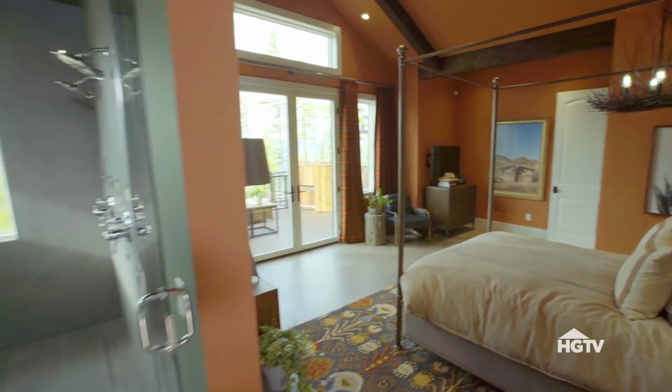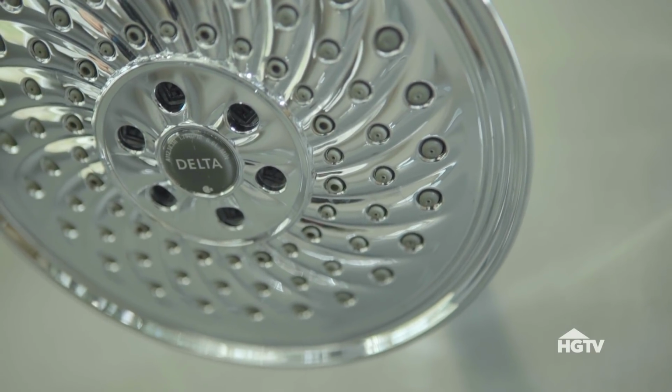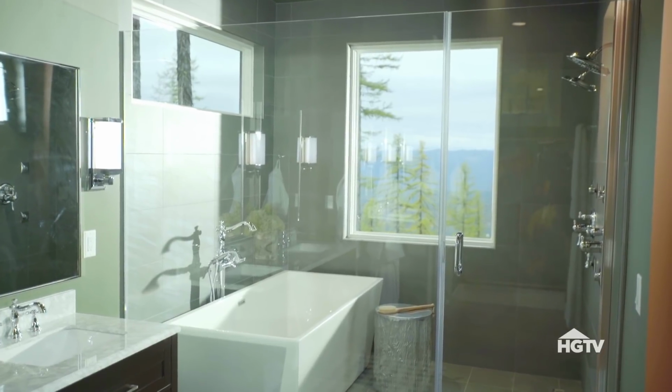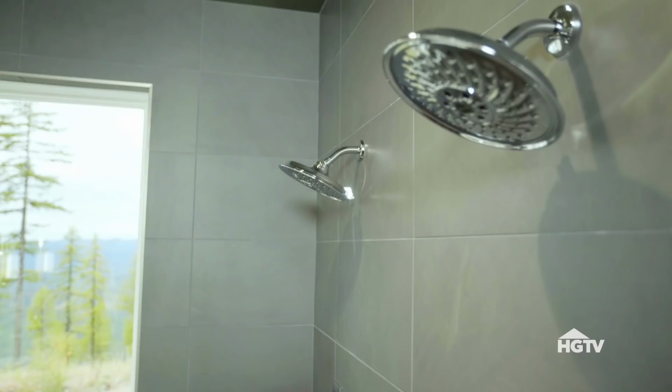The HGTV Dream Home 2019 is packed with innovative and inspirational design in some of the hardest working rooms in the house, the kitchen and the bathrooms. In the master bathroom, a gorgeous wet room encloses a 2-person shower and freestanding sculptural tub, featuring products by Delta Faucet. A wet room is basically a fully enclosed, water-sealed space where you can have your bath and shower space